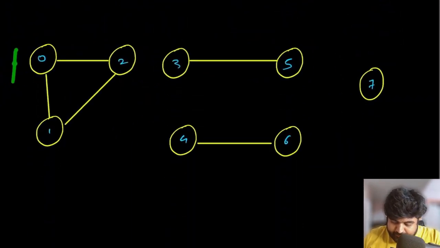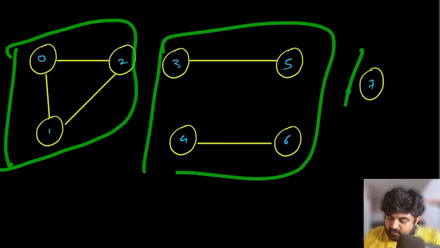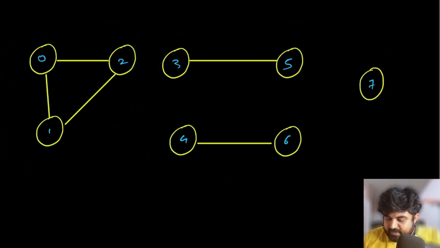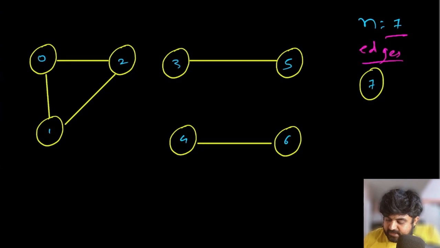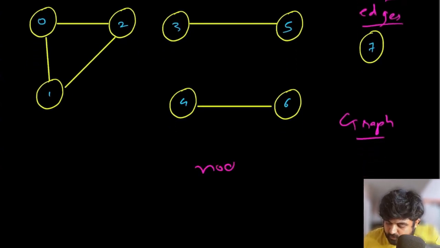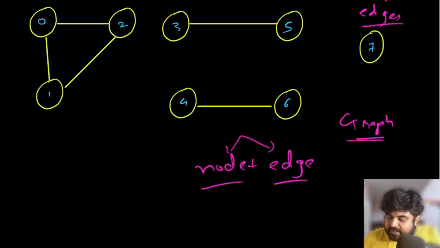Suppose we take the same example as the input, and we will try to see what the answer should be. Again, remember, we are given 2 things. First, we are given n equal to 7, so we know for sure there exist 7 nodes, and we are given all of these 5 edges. Based on these nodes and edges, we can do one simple thing, and that is to treat this as a graph problem, because that is what it is. Basically, we know that a graph is comprised of two items: first is a node and second is an edge, and we are just told in plain English that these are the two entities we are given. So we are going to treat this one as a graph.